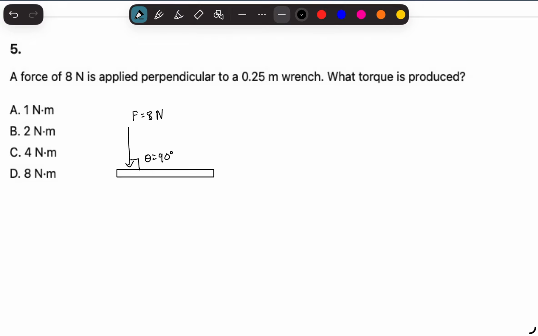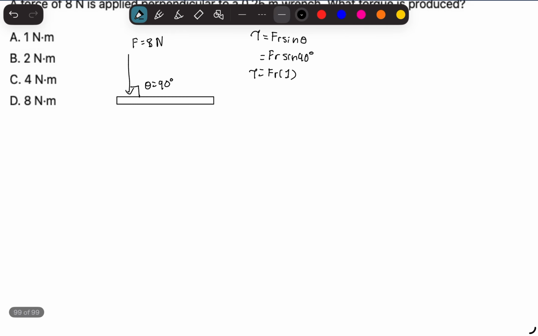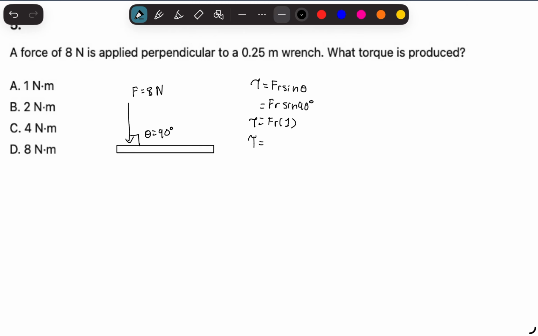We need to know what the torque is. If it's perpendicular, then we know that torque is equal to F R sine theta. We know we have sine of 90. And when you have sine of 90, that's equal to 1. So that means that if we find our torque now, torque is equal to